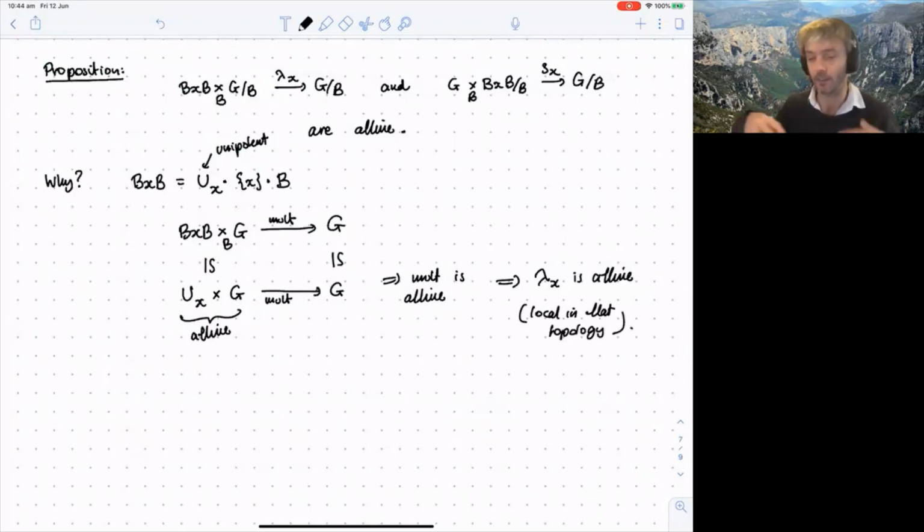Another way of saying this is if I have an affine map and I take a free quotient of this affine map, then it stays affine. Okay, so these are maps, and now another exercise